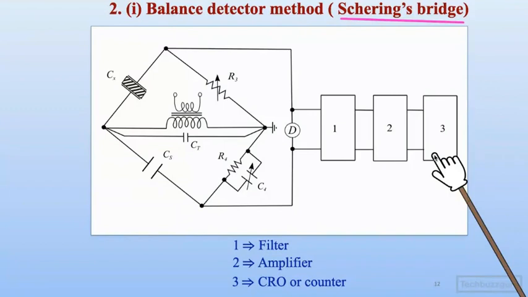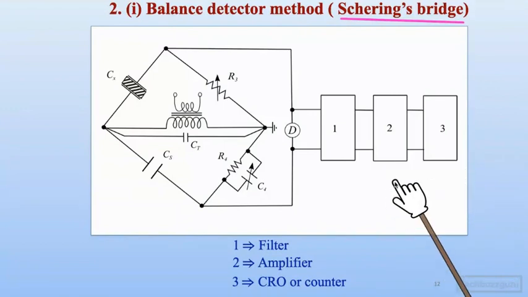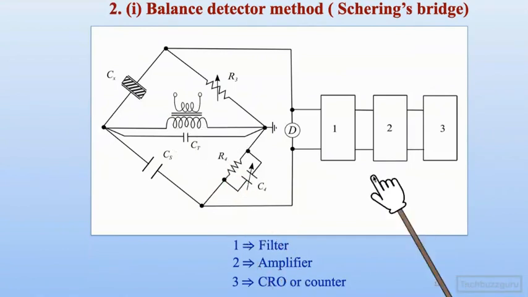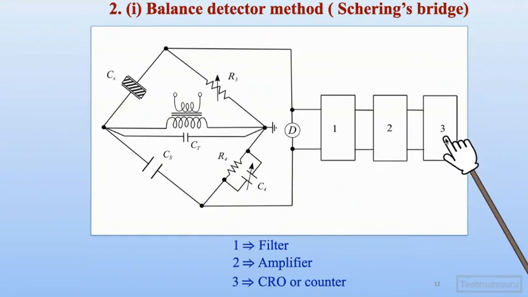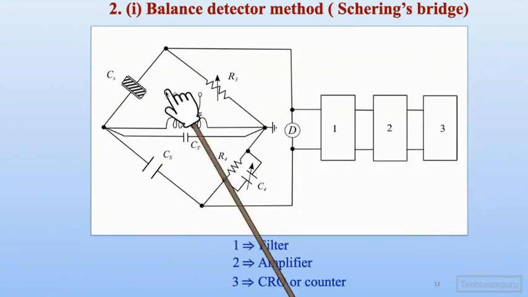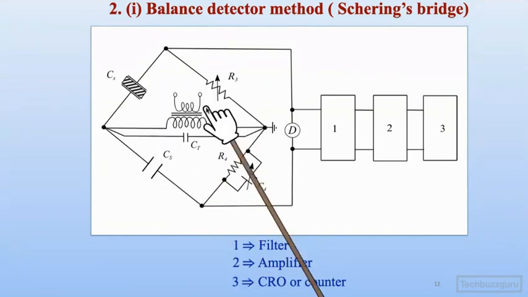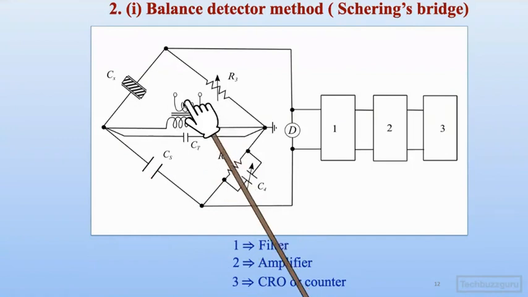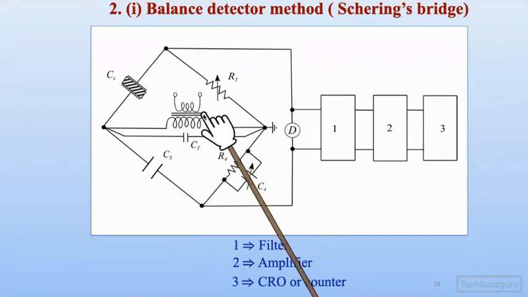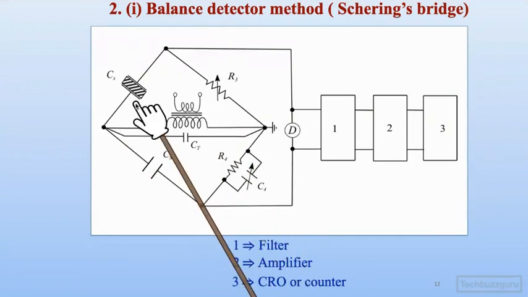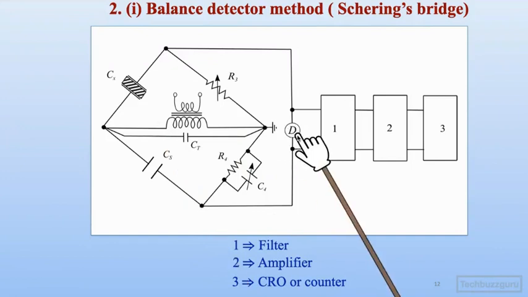Now, why is the balanced detector method used? It is because it is observed that with the use of the straight detection method, if some noise or some harmonics are present on the AC side of the source, they will affect the results to be measured over here. With the balanced detection method, the noise will get cancelled because of the balancing of the bridge. The noise present due to the source will get cancelled, and only the partial discharge taking place inside the sample will be detected by the detector.